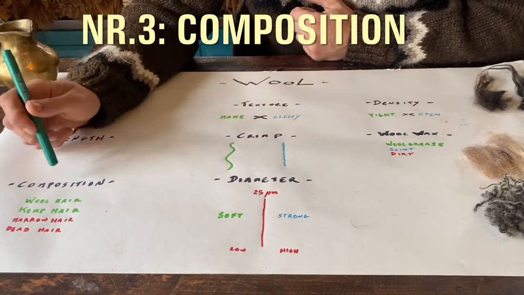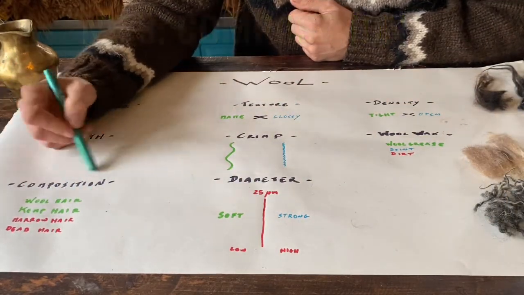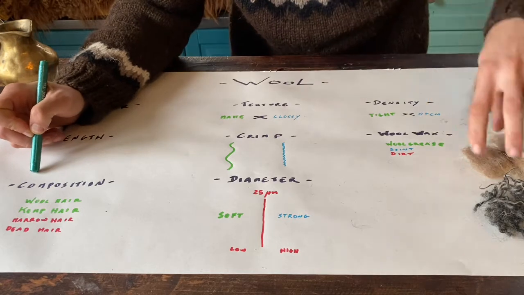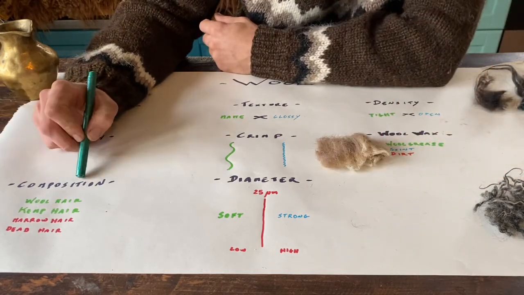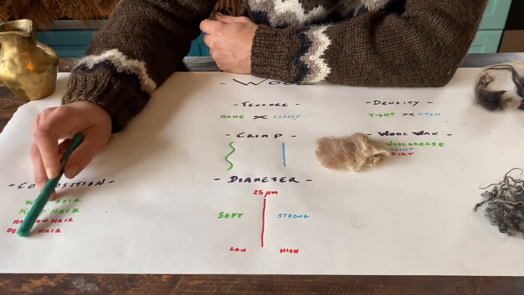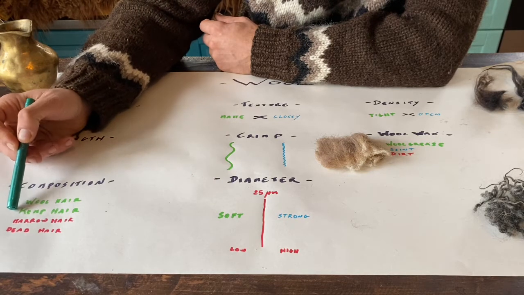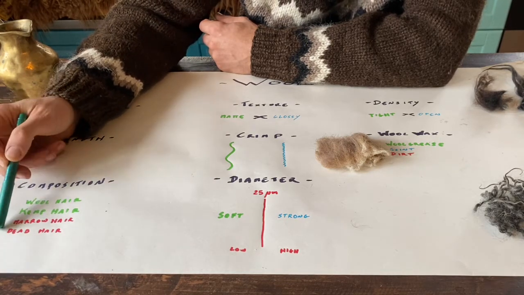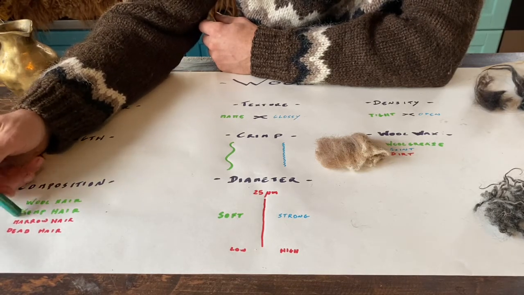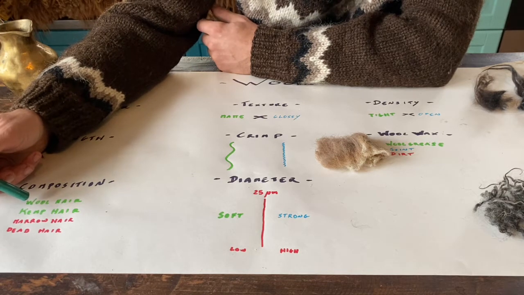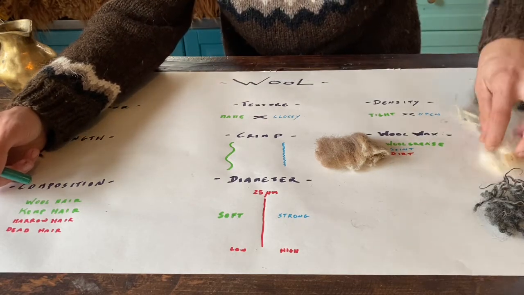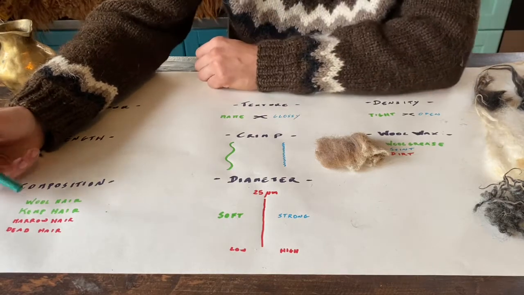Now, one of the most important parameters is composition. Composition of the wool. By composition of the wool, I intend the kinds of different hair that are present in the fleece. I have 2 kinds here in green and 2 kinds in red. Any sheep can have any of these. Often some breeds have all 4, some breeds have only 1, depending on the use and depending on how precise one has been with their breeding. There's lots of things to say, but if we were to compare them,